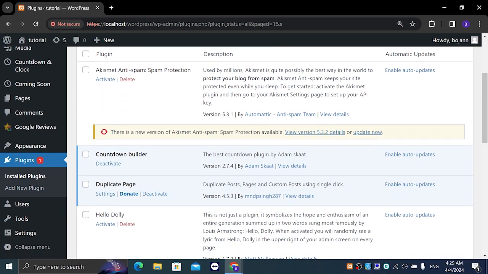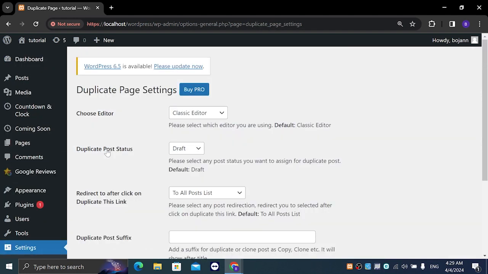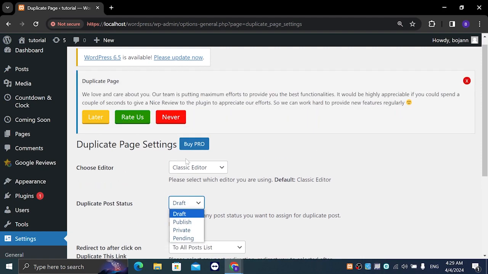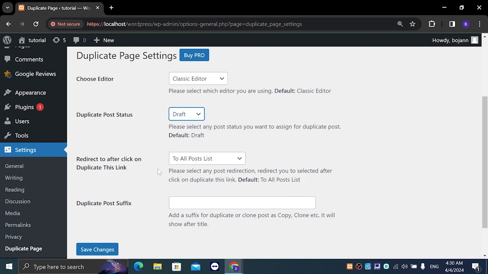We're gonna scroll down to the duplicate page and left click on settings right below the duplicate page. As you can see, you can basically change the editor. You can duplicate post status so it's on draft, immediately on publish, or for example on private or pending. So we're gonna set it to be on draft and redirect to, after click on duplicate this link, to